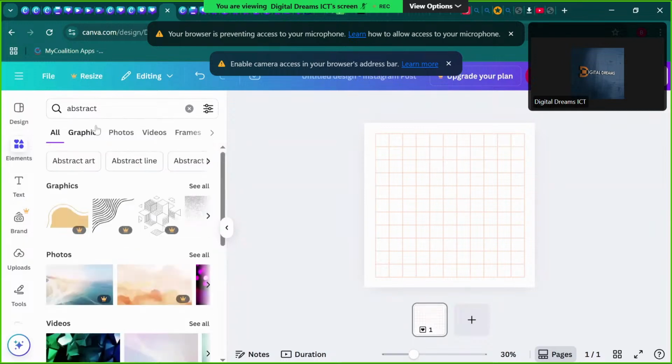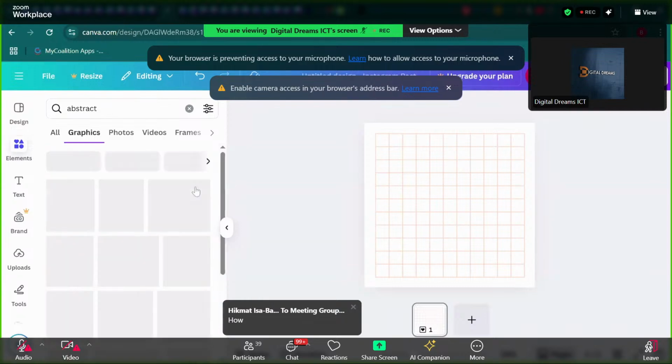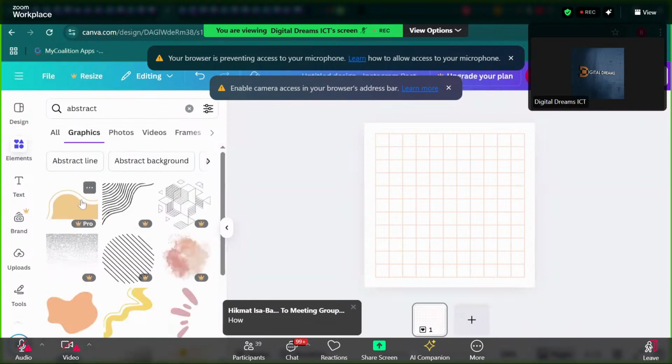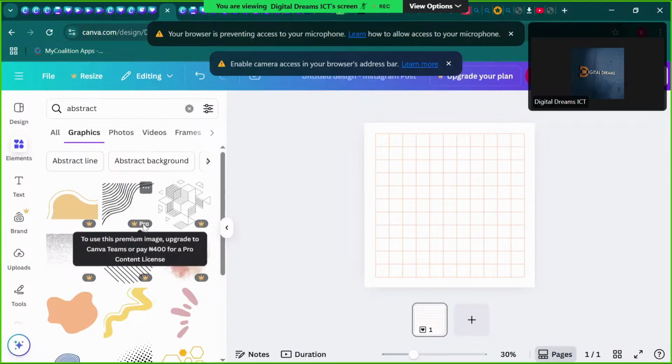If you search abstract and click enter, come down here to graphics, see all here. So you click on see all, then these are different abstract shapes. Don't use the one that has the crown that says pro, because if you use it and you're not using premium,